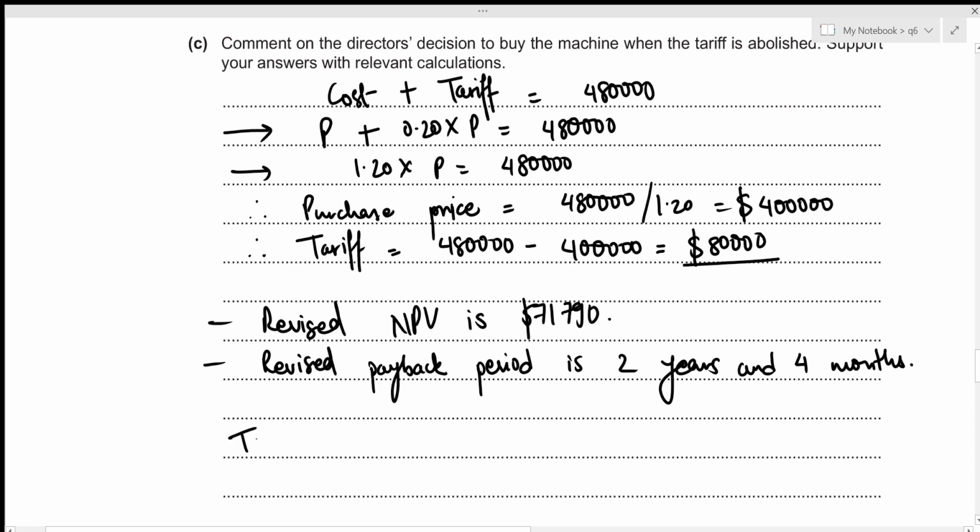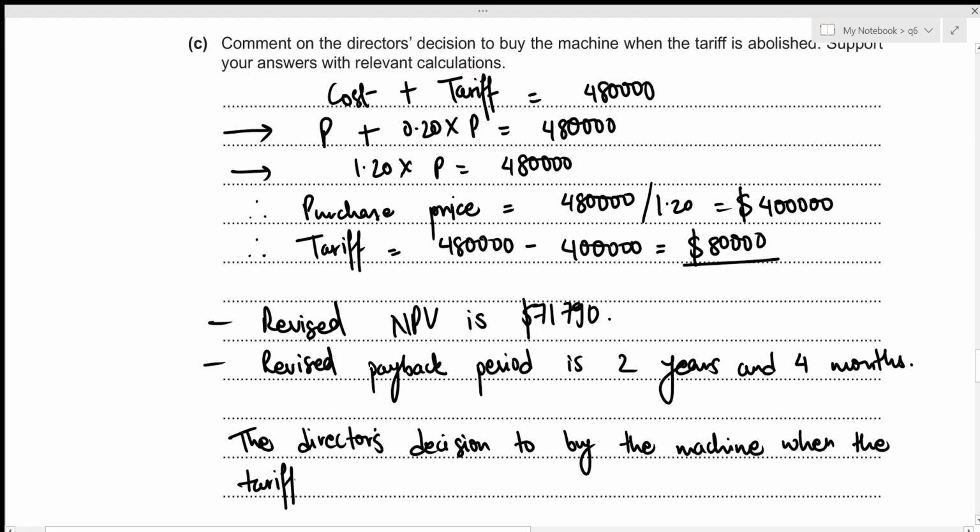The director's decision to buy the machine when the tariff is abolished is correct